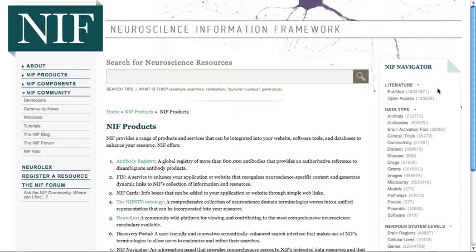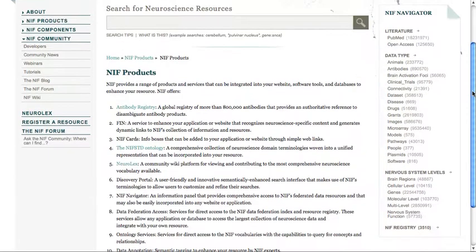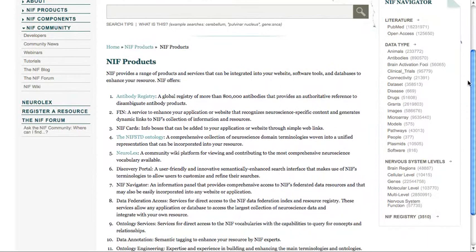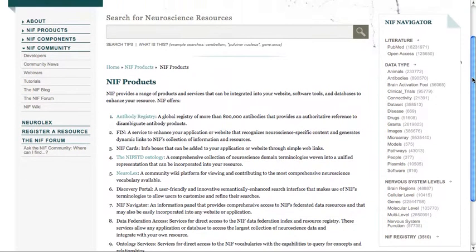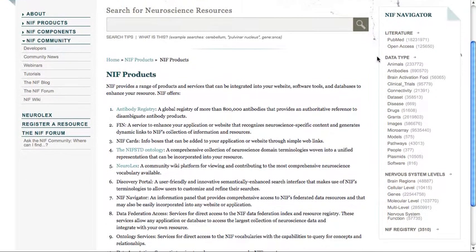Over here on the right side is something brand new called the NIF Navigator. The NIF Navigator provides a snapshot of NIF's current holdings. Those of you who are familiar with the NIF know that we maintain an extensive data federation providing access to over 30 million records maintained in independent databases on the web that are all available for query through the NIF